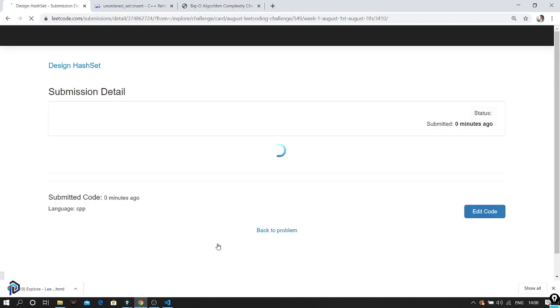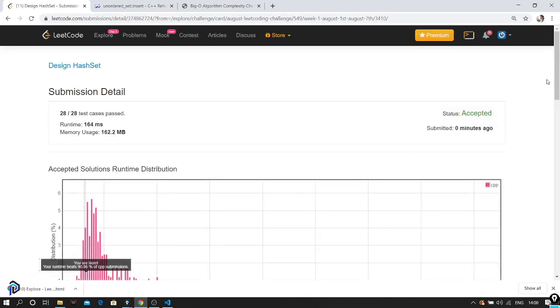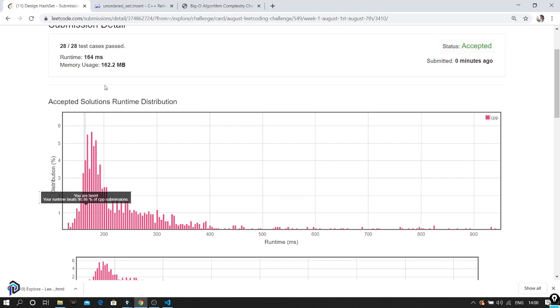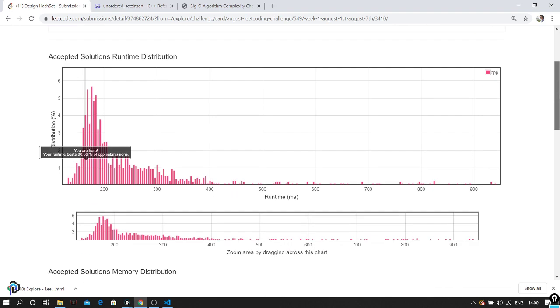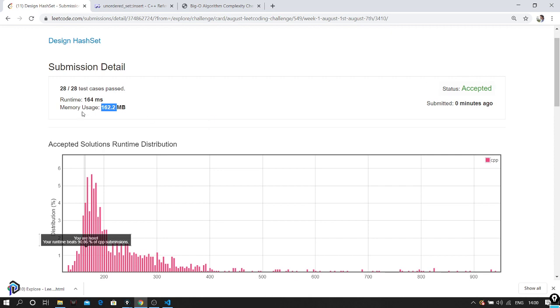Let's look at the time and space that we are actually getting. We get around 164 milliseconds, and we are using a memory of 162 MB. The memory is the problem here. I'll explain scenarios where we are doing it in a bad way. In this given scenario, this is one of the good times that we can get, but we can optimize the space in a better way. Right now we are taking a space of big O of n, but we can reduce that.